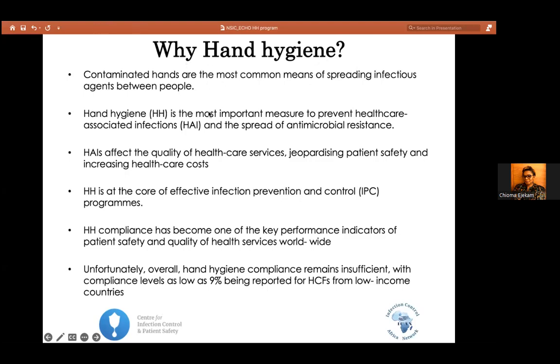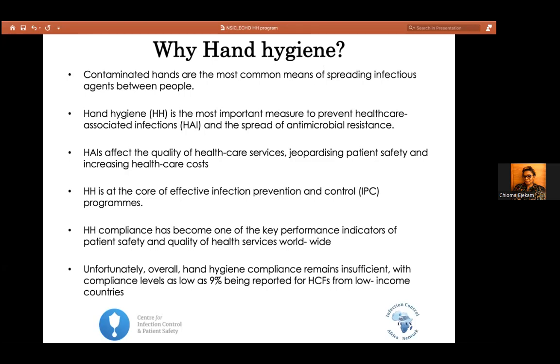Okay, why do we focus on hand hygiene? Because contaminated hands are the most common means of spreading infectious agents between people. And hand hygiene has been identified as the most important measure to prevent healthcare-associated infections and the spread of antimicrobial resistance. Of course, it's a globally accepted indicator of key performance in regards to patient safety and quality of healthcare services delivery.